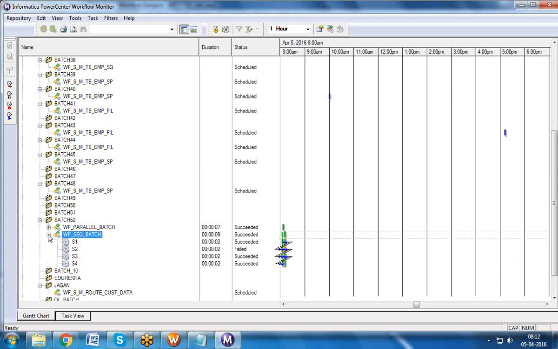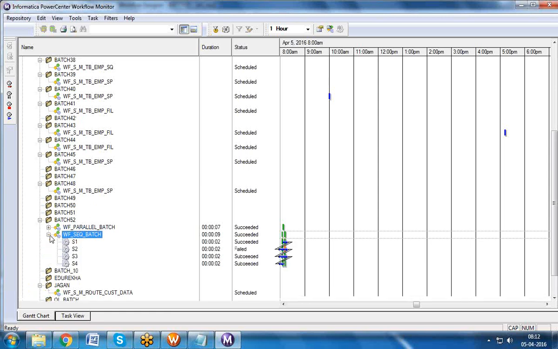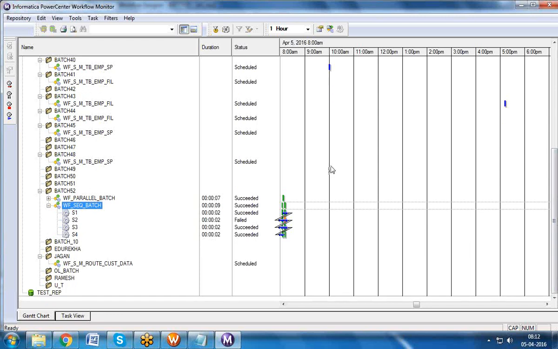You won't open each and every workflow and check whether the session succeeded or failed. You just check this way, and you will assume that workflows succeeded. But if you dig into the workflow, a few sessions failed in it. Even though, what is your workflow status? Succeeded. That is wrong. If any of the sessions in the workflow failed, your workflow status should be failed.